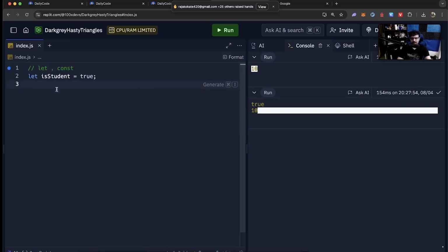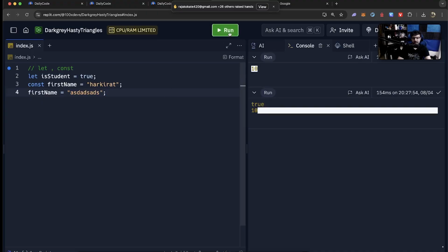Okay. What is the difference between let and const? Can you guess? The name itself says const, which means it's a constant. So what does that tell you? I probably cannot change its value. It is a constant. If I try to change its value to something else, I should change the name to first name.